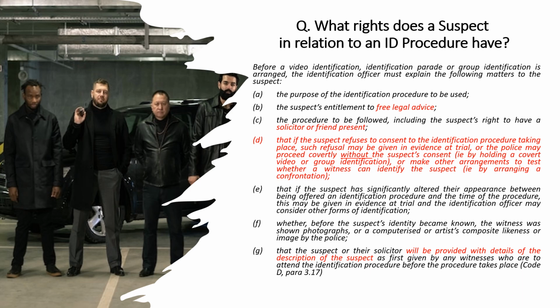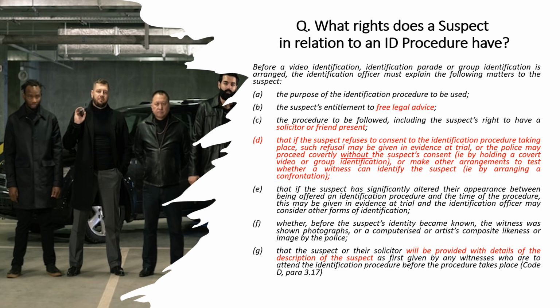A, the purpose of the identification procedure to be used. B, the suspect's entitlement to free legal advice. C, the procedure to be followed, including the suspect's right to have a solicitor or friend present. D, that if the suspect refuses to consent to the identification procedure taking place, such refusal may be given in evidence at trial, or the police may proceed covertly without the suspect's consent, that is by holding a covert video or group identification, or make other arrangements to test whether a witness can identify the suspect, that is by arranging